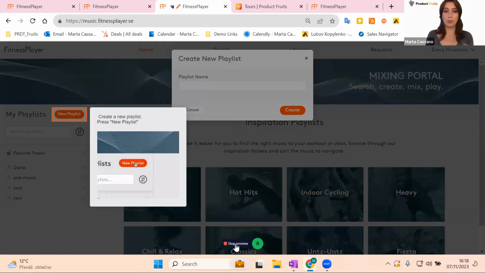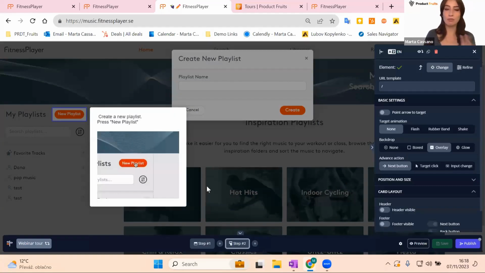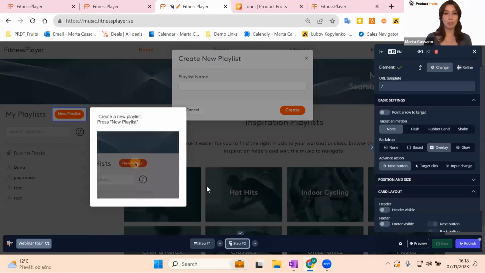I'm going to stop here with the, let's say, the tour building, because I want to point your attention on some other aspects of a tour that you should consider when you imagine how it should be. And after this, we are going to have time for your question and answer, so feel free to start posting them. My point is that once you create your tour, you also need to add to it segmentation, style, and be mindful of the content itself. Let me explore all of these three